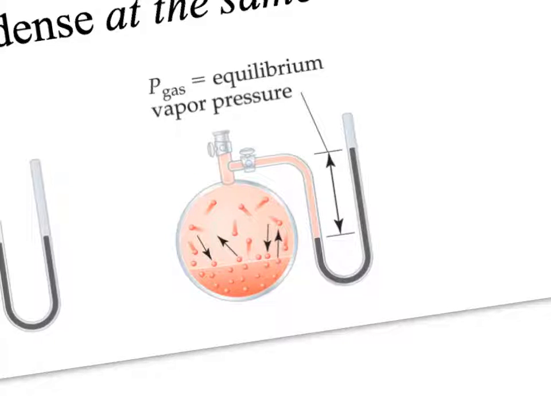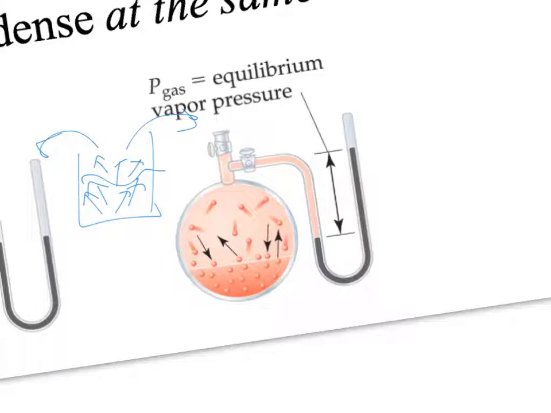This is in a closed system, because in an open system, what would happen is some would break free, they'd be moving around, but then they could leave the system. Woo, they'd get out, and then more would break free, and that's how evaporation happens. Even though some would get recaptured, if it's an open system, they can leave the container. But in a closed system, you have what's called equilibrium vapor pressure.